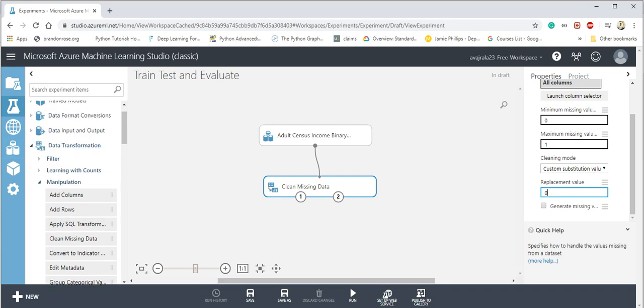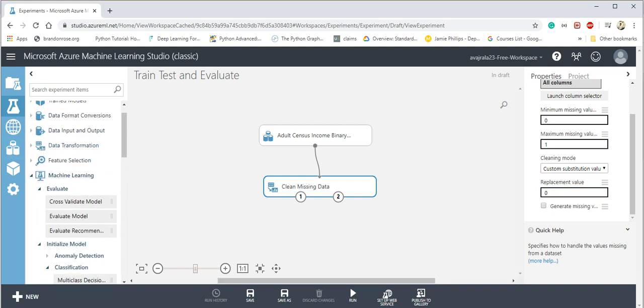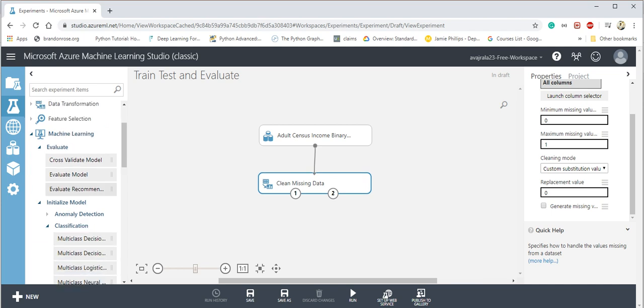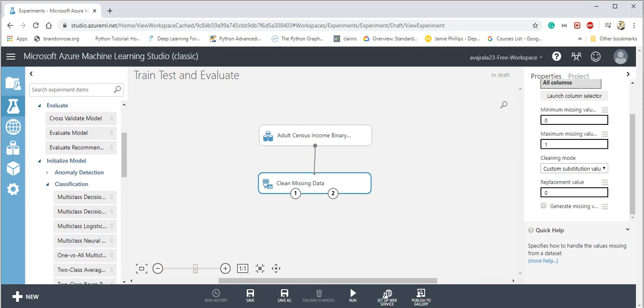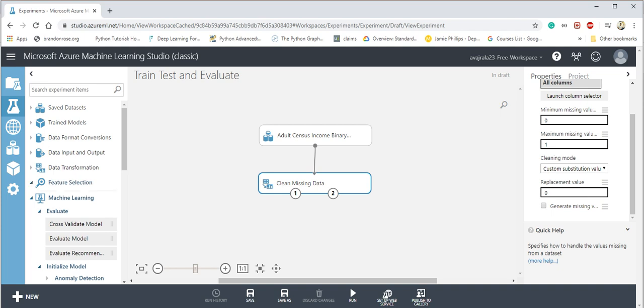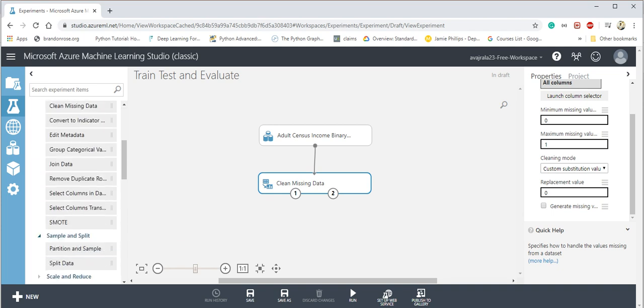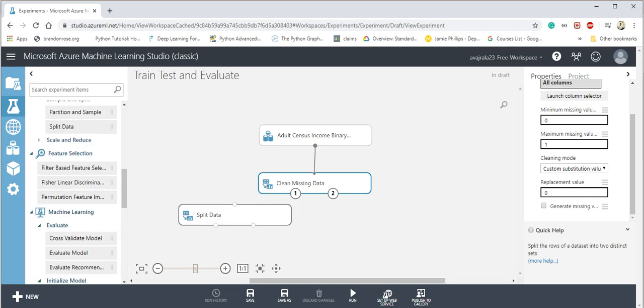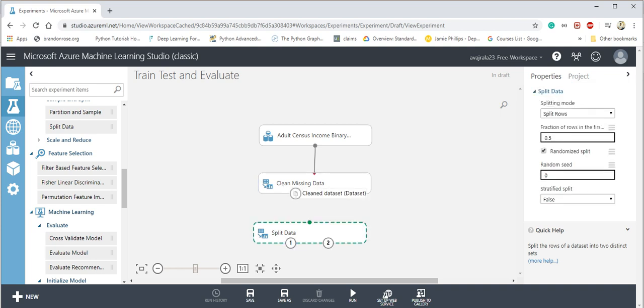After the data is clean, we split the data into training and testing sets. Just as in sklearn we have train test split, here we have a module called Split Data, so we'll use that. We connect it and make sure how we are going to split, whether by regular expression, relative expression or recommended split.